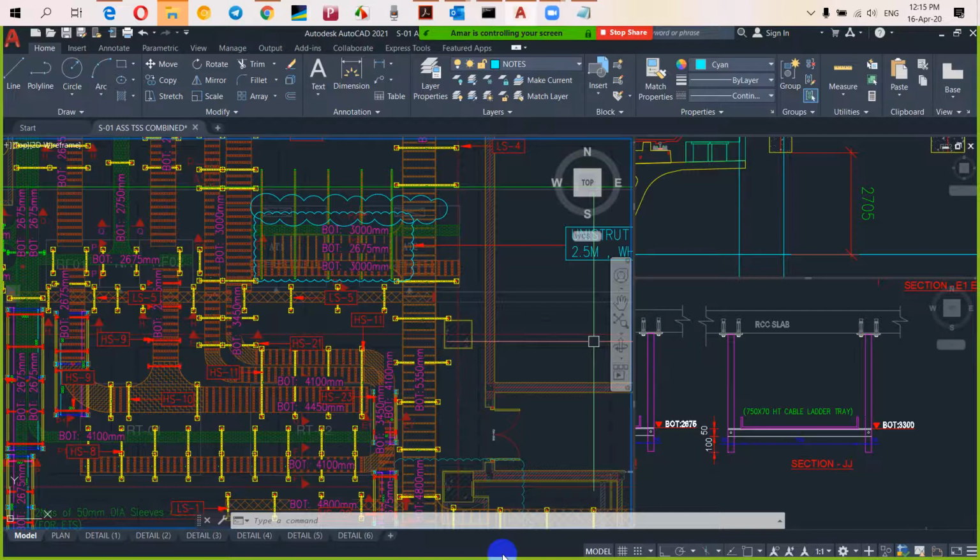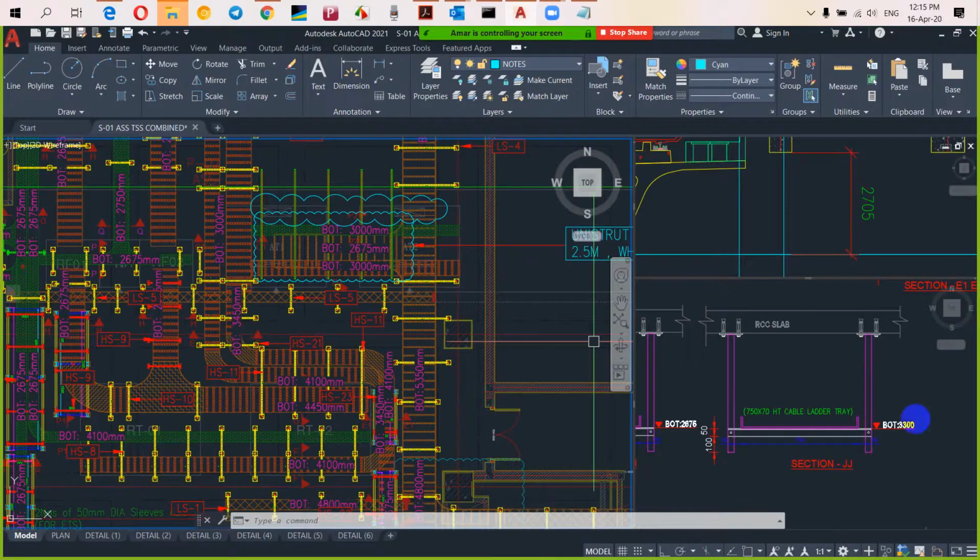Okay. What transformer is that? 1000 kVA transformer, a bigger one. 1600? I don't know. No, it is a 1000 kVA transformer. Okay. Transformer is 1000 kVA. One minute. It's the clear height of the 1000 kVA transformer.